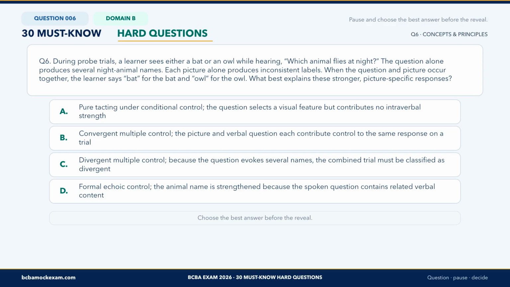Question 6. During probe trials, a learner sees either a bat or an owl while hearing, "Which animal flies at night?" The question alone produces several night animal names. Each picture alone produces inconsistent labels. When the question and picture occur together, the learner says bat for the bat and owl for the owl. What best explains these stronger,